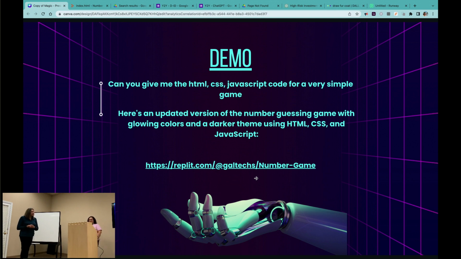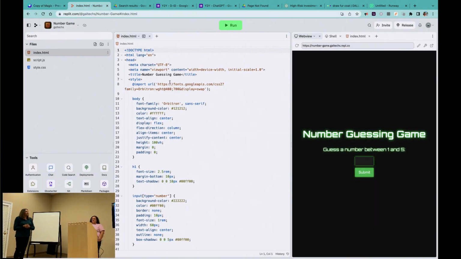It gave us a few options, and then we picked the number guessing game. Then we wanted it to update the CSS, so we said have glowing text, make it look more futuristic. And then it gave us this.